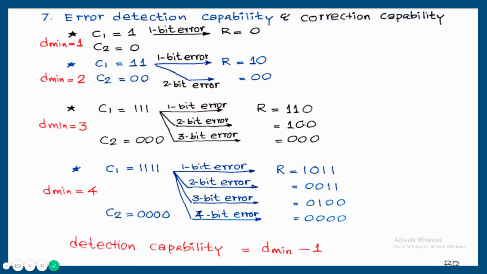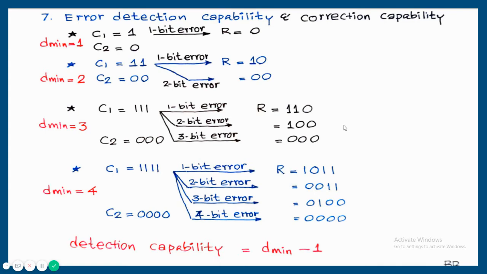Next, after 2 bit errors, the received code is 1 0 0. Again 1 0 0 is not a valid code, so error has been detected. So we are able to say 1 bit error the receiver is able to detect, 2 bit error also the receiver is able to detect. Next, for correction, 1 0 0 is close to which valid code? 1 0 0 is close to 0 0 0. So 1 0 0 is going to be corrected as 0 0 0, but it's a wrong answer, where the transmitted code is 1 1 1 and our corrected code is 0 0 0.